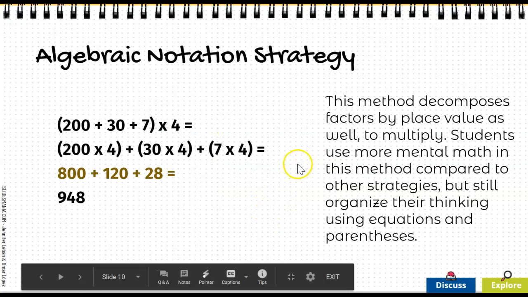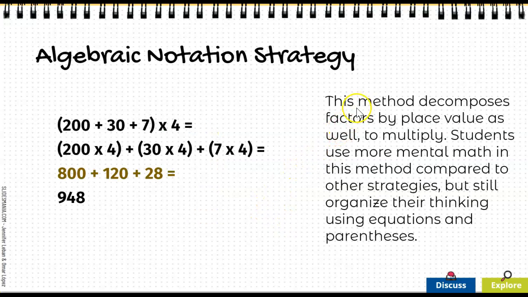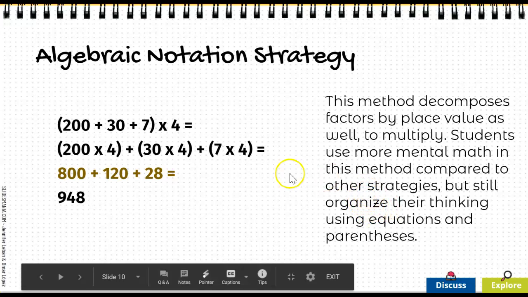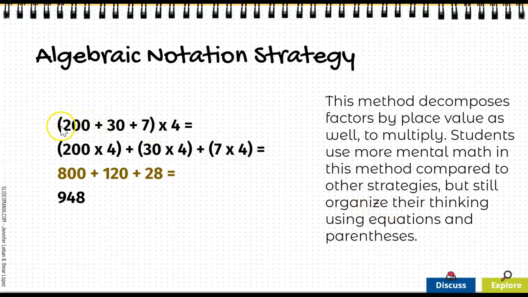And lastly, algebraic notation. So this method, again, decomposes factors by place value as well to multiply. Here you use more mental math in this method compared to the other strategy, but you still organize your thinking using equations and parentheses. So the 237, again, that's been broken apart or decomposed based off of the place value,